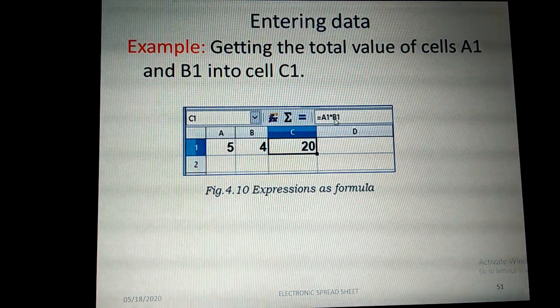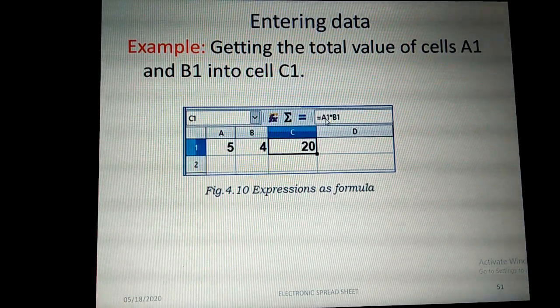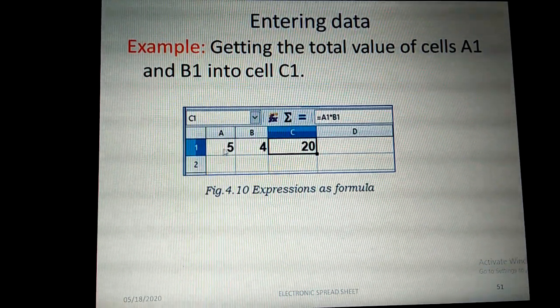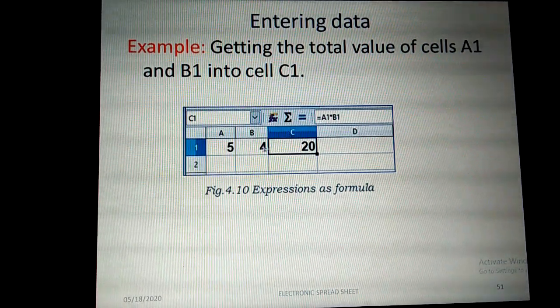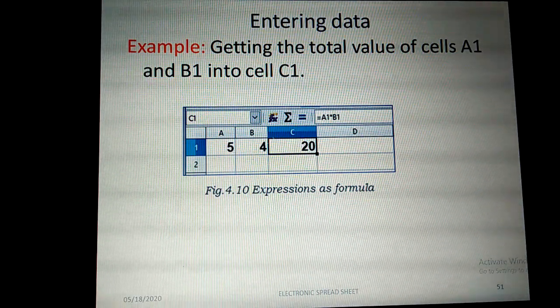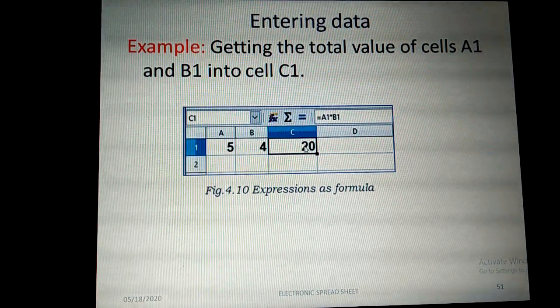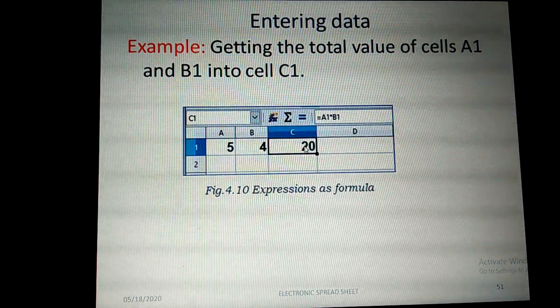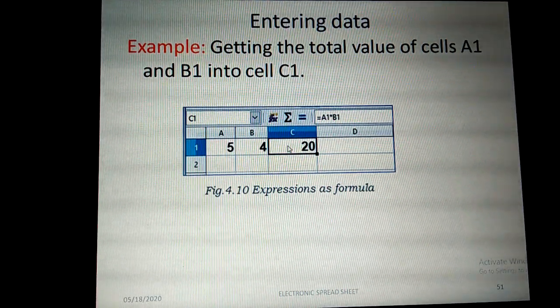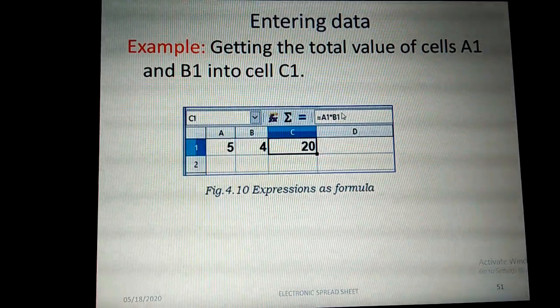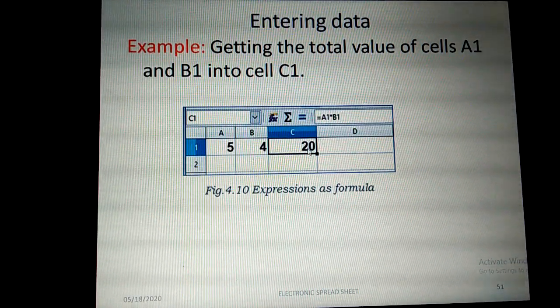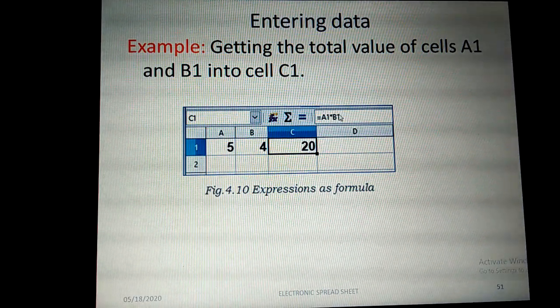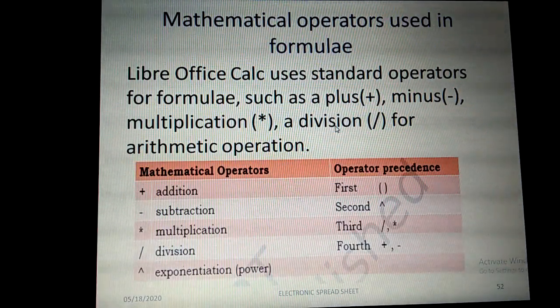So what will A1 star B1 do? Here A1 represents the cell address. A1 has the value 5 and B1 has the value 4. These two values are multiplied and the result is assigned to the selected cell C1. Initially you type the formula here. Once you press the enter key, the value is automatically displayed in the selected cell and the formula is displayed in the formula bar.